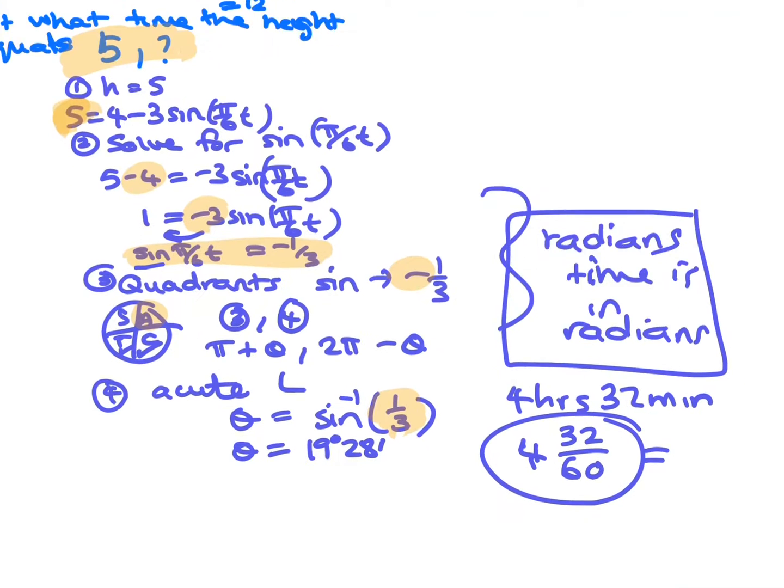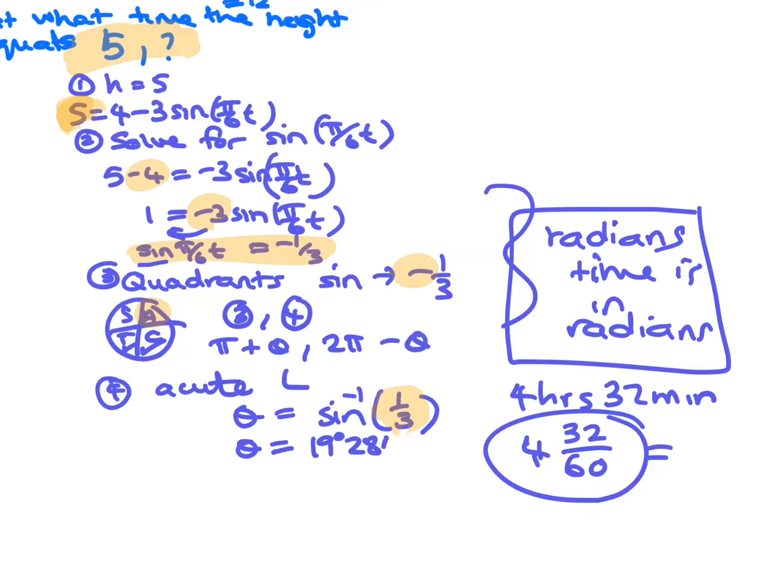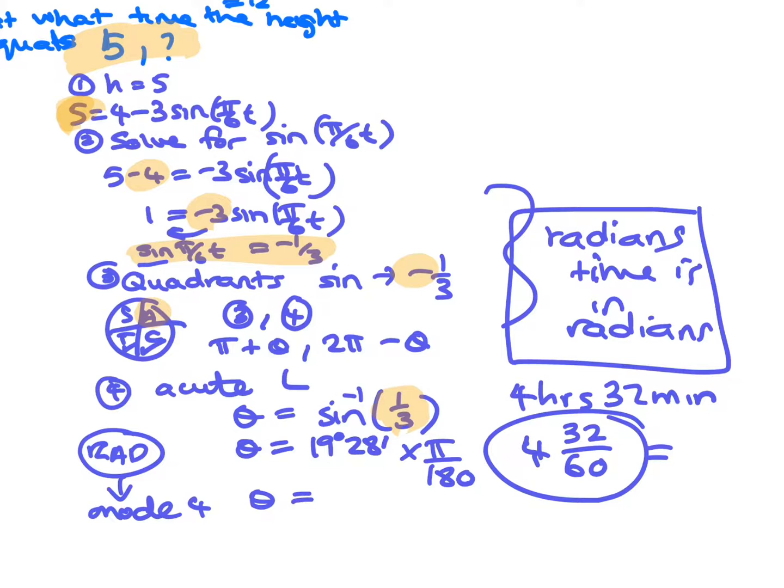Now that is in degrees and it needs to be in radians. You could have changed your calculator to radians by just pressing the shift mode button and then pressing 4, but sometimes we forget to change it back. So what you can actually do is times this by pi on 180, so you've got this answer and you times it by pi on 180,